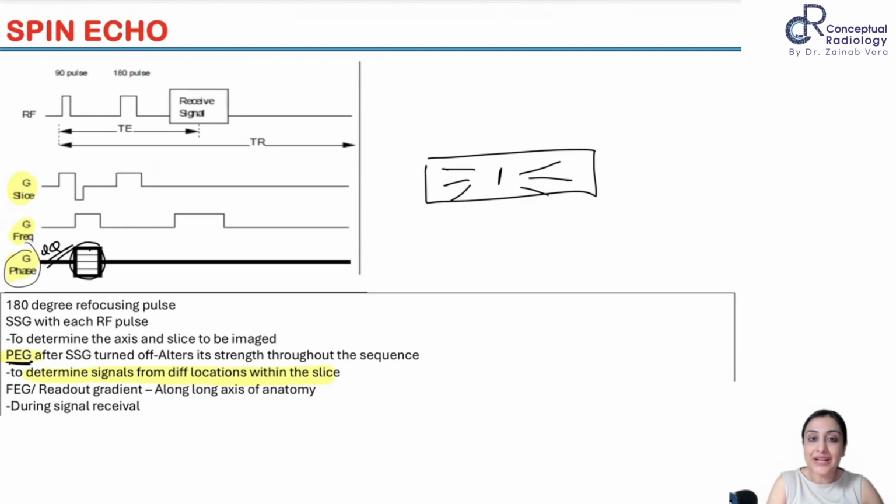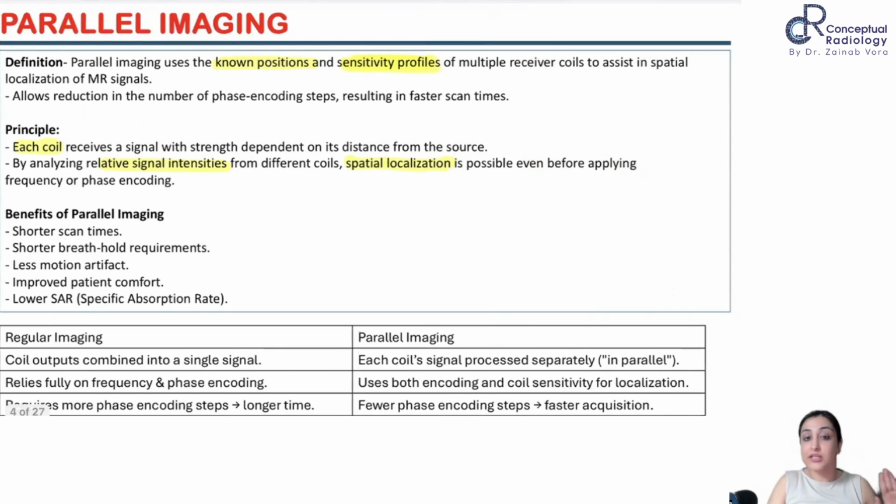Yeah, so here I'm relying on that slice encoding gradient telling me the spatial distribution so that I can decrease my time devoted to phase encoding gradient. Do you get that, everybody? So if the phase encoding takes less time, my sequence time will decrease. Yeah, so time to echo will decrease. So that is the concept of parallel imaging, where we localize. Spatial localization is done irrespective of phase encoding. Irrespective no, but decreased dependence on phase encoding or frequency encoding.